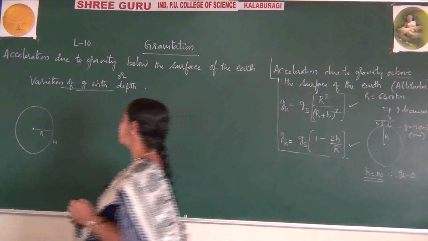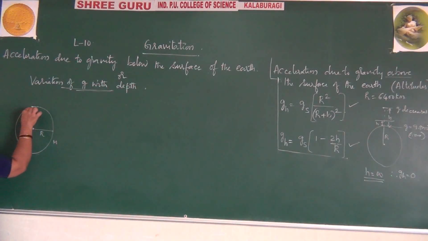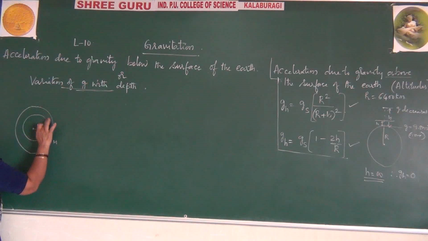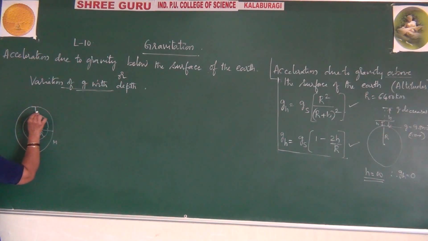Okay. So if I put the object here, let me say our object comes somewhere here. It is reaching this position. For this I just draw one circle, for your reference. Okay. So this is the circle I drew. Now let me say our object has fallen to here. From the surface to here it has fallen. Let me take this as d, depth d. For your convenience I write the distance from surface to here as d.